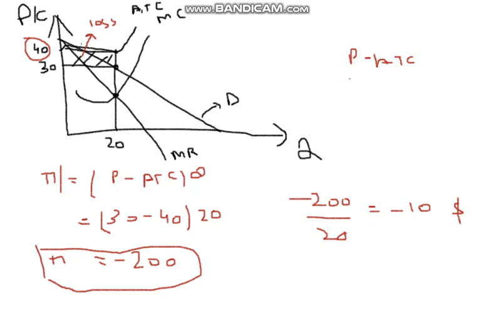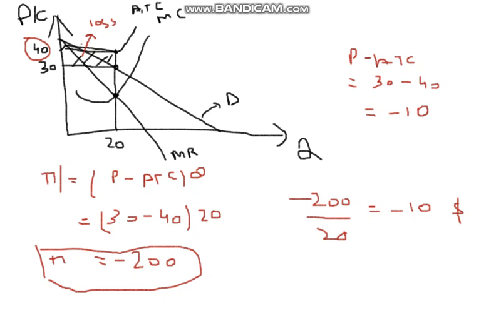So we have the price of 30 minus ATC, which is equal to 40, so we get minus 10. Thus the loss per unit is $10. This is how we can calculate the profit or loss for a